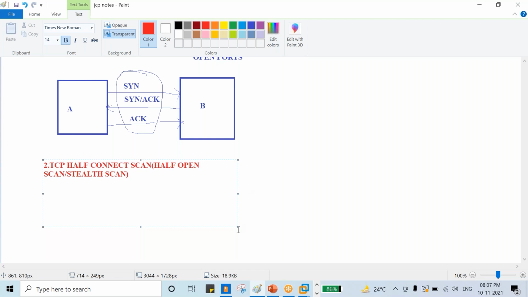By default, Nmap will perform this scan. So Nmap's default scan is the stealth scan, half connect scan, or half open scan.